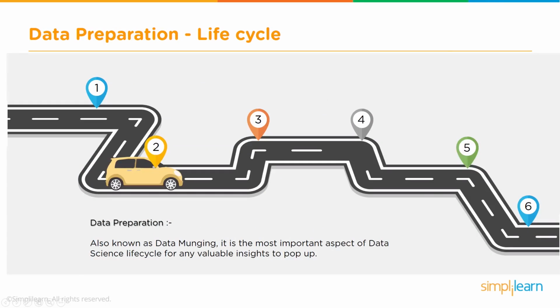The next step in this process is data gathering and data preparation, also known as data munging, or sometimes data manipulation. The raw data that is available may not be usable in its current format for various reasons. So in this step, a data scientist would explore the data. He will take a look at some sample data. Maybe if there are millions of records, pick a few thousand records and see how the data is looking.